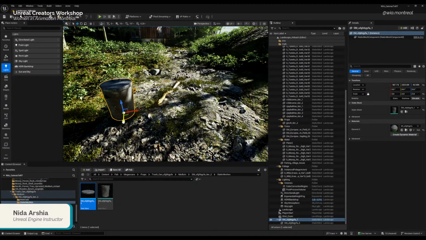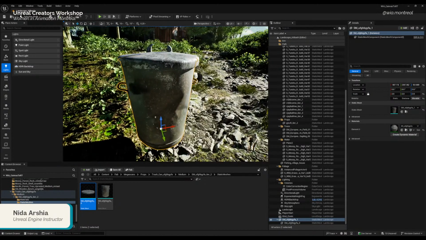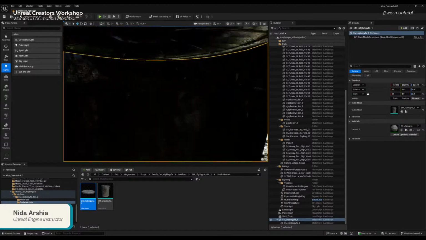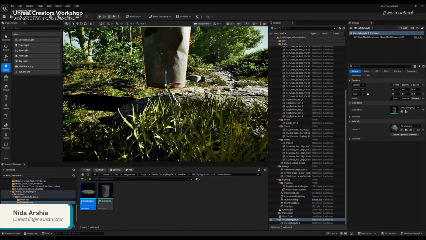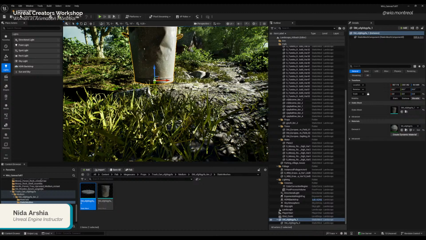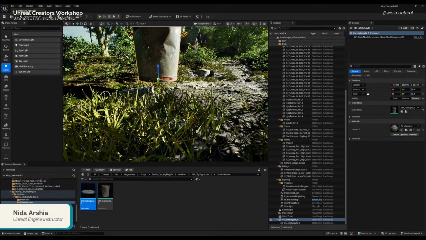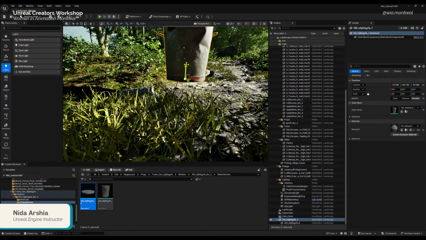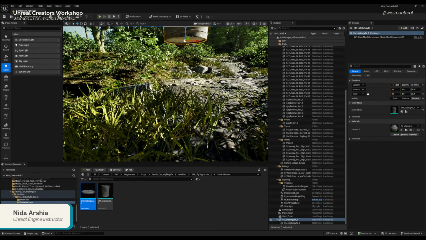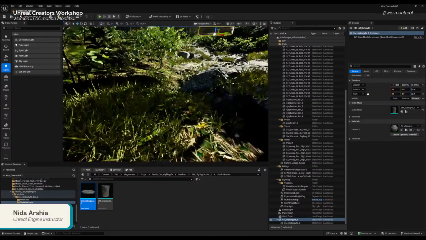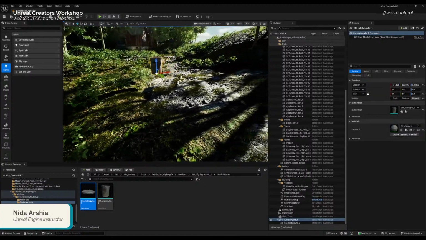Let's just put it somewhere at this point. If you see that your asset is floating in air and you just want it to stick to the ground, you can press the End key on the keyboard. It's not working here. Let me try here. Not working here either.